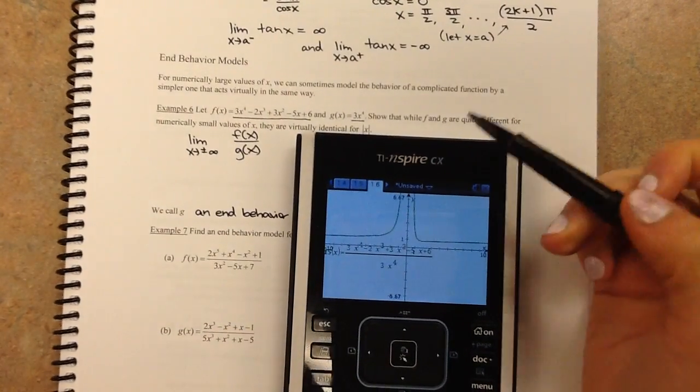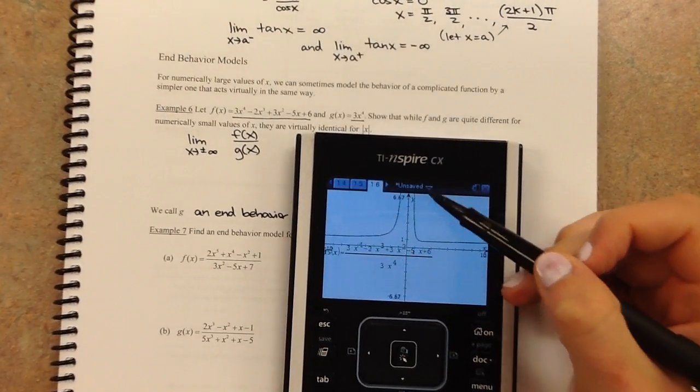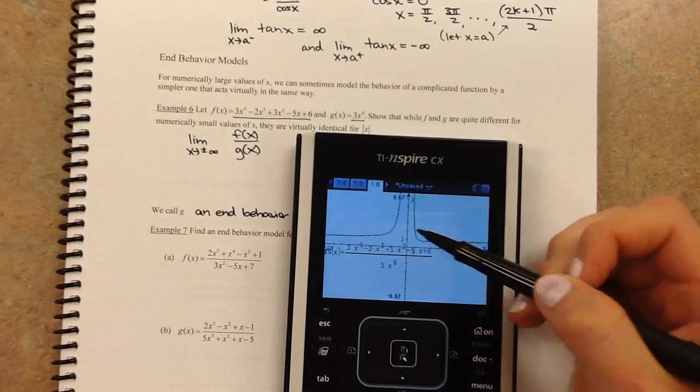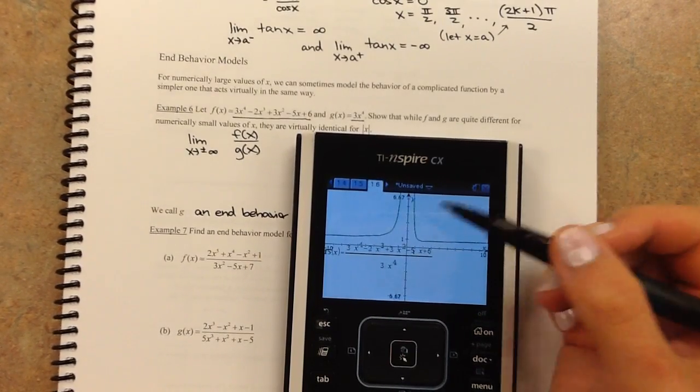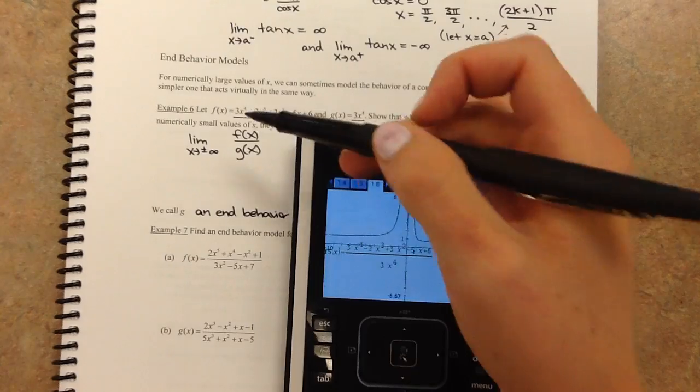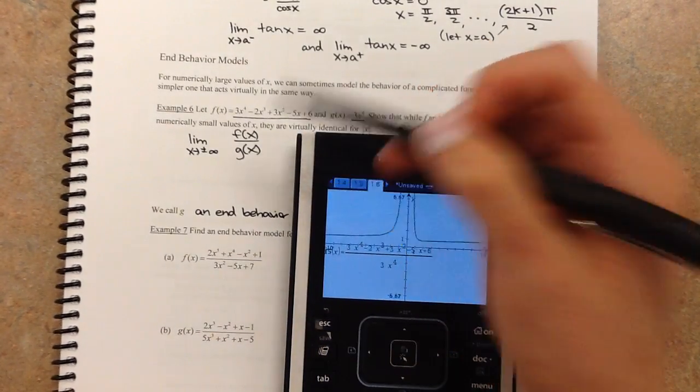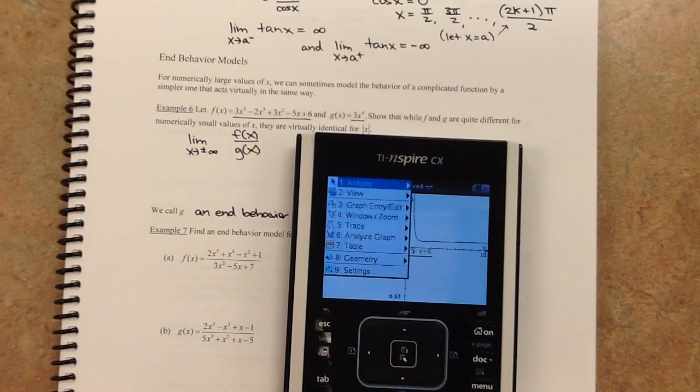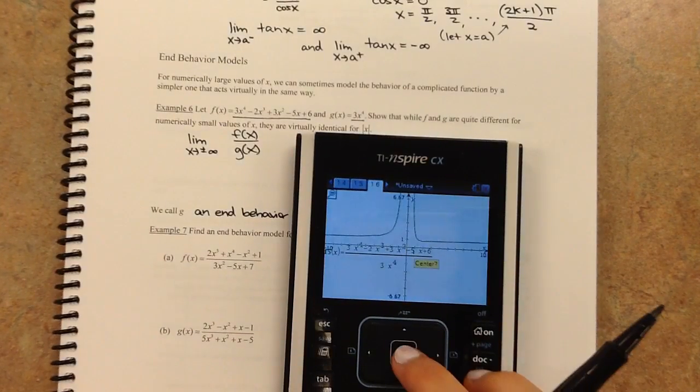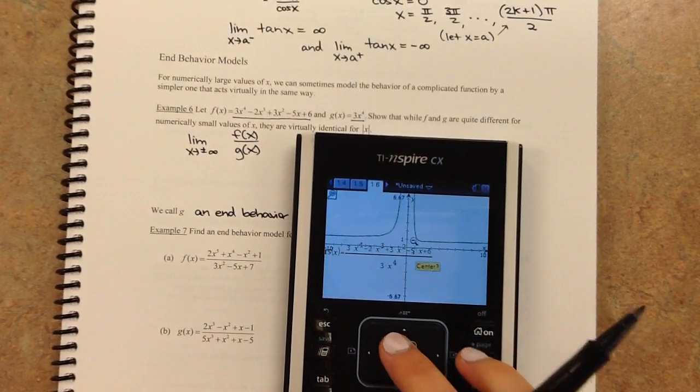Okay, so in the middle here, the reason we've got this crazy function going on is because obviously if all I do is plug in 1, the numerator and denominator are going to be very, very different. But what happens, I'll zoom out here,